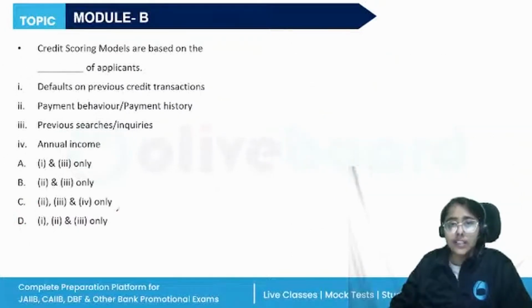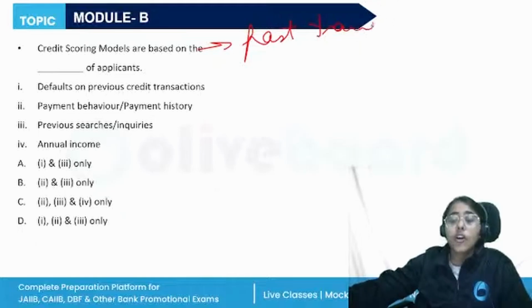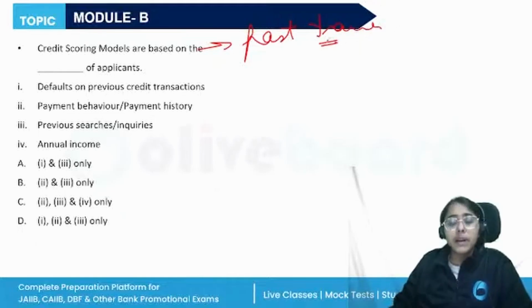We know what a credit score is. It is a score which is given to the customers or the borrowers based on the past transactions, on the loans that they have taken in the past, their credit card holdings and dealings, whether they have timely repaid the loans or not, or whether there are any unpaid dues. Do they have too many credit cards? Are they over leveraging their credit card limit? So, all of these things are there.